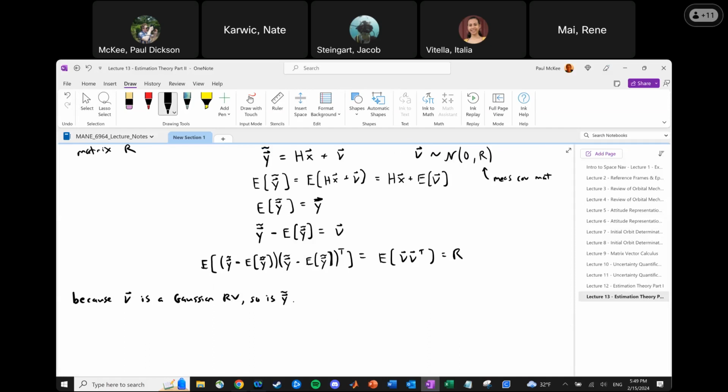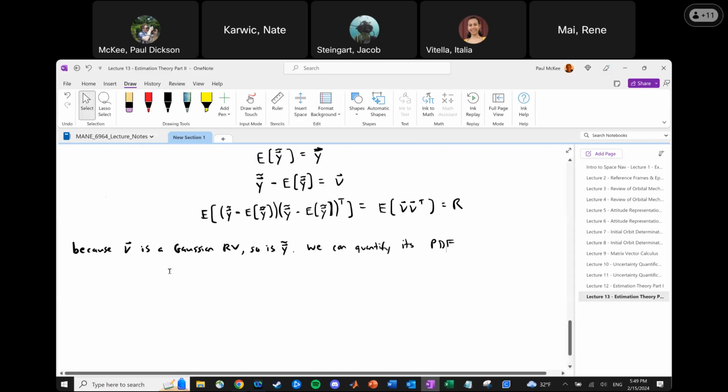Therefore, we can quantify its probability density function, its PDF. Okay? So the probability, I'm going to leave a lot of room here. Probability of Y